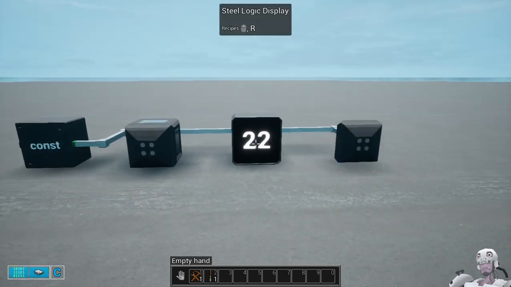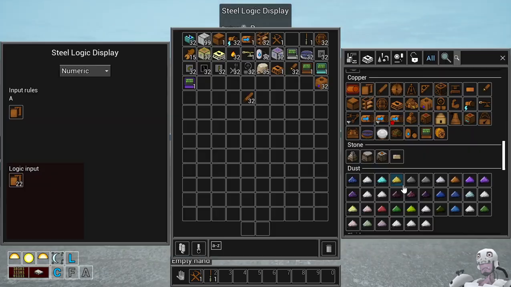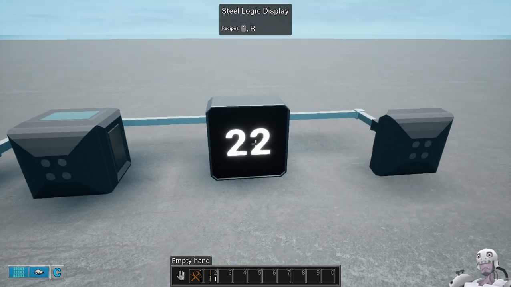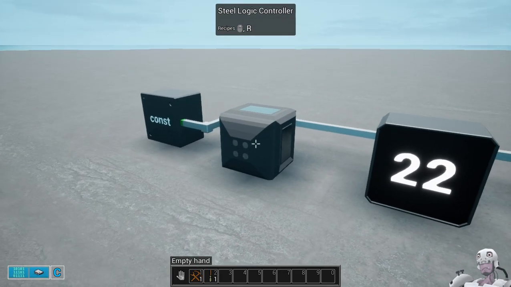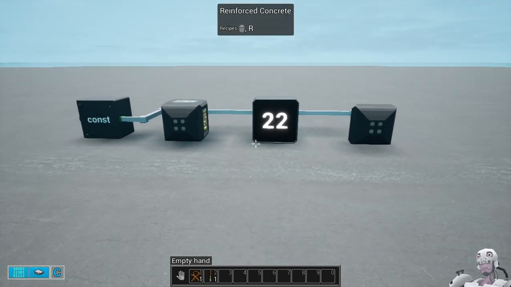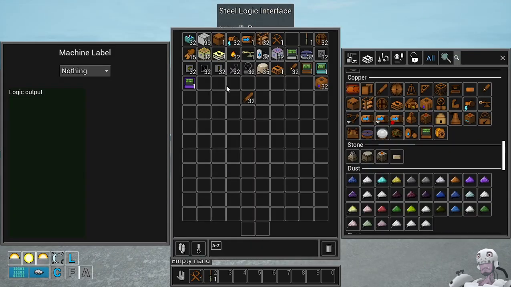Now each part has some function. The display, as we say, is a display. You can choose numeric, nothing, on off, or color, but I don't know how to actually set it up aside from numeric. So don't ask me. Then the controller has some functions, but so far the only one that I was able to use was switch, to turn machines on and off when I want. The interface